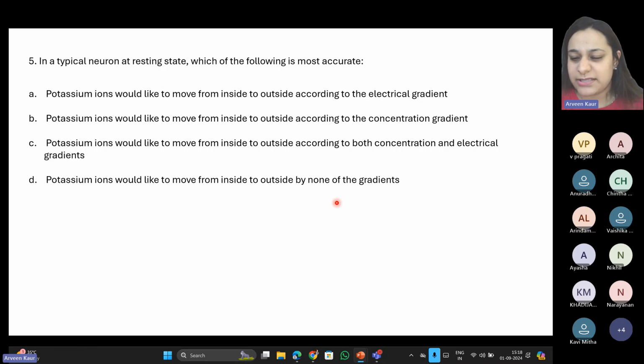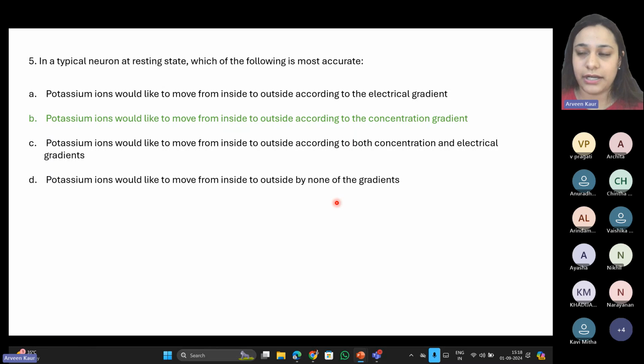So I think that much time was enough, me reading and you thinking about this question, right? Because again, it is a simple one. So the answer for this one is that the potassium ions would actually like to move from the inside to the outside according to the